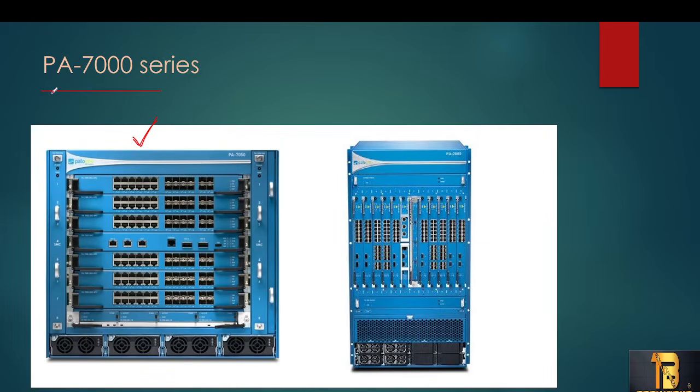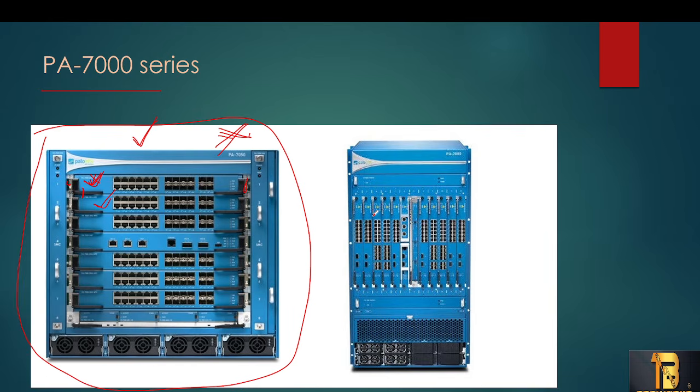But for these 7000 series firewalls, you cannot do an RMA. RMA means replacing the entire firewall. But if something happens on these firewalls, what can you do? If you see here, you will have modules. You cannot replace the entire firewall, but you can replace the modules. Whichever module is dead or lost, you can take it out. You will have screws here, so take it out and replace it with the other one you got from the RMA.